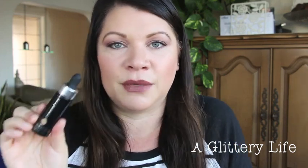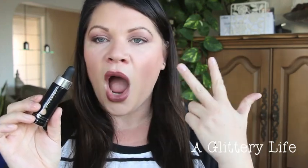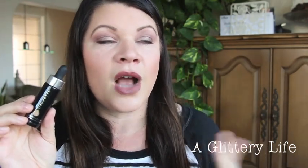It's one of my favorite foundations of the year. You have to mix it with something. This is a pure pigment. You do not use this on your own. You mix it with your primer, moisturizer. I love mixing it with the